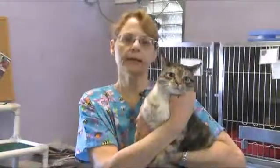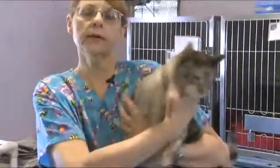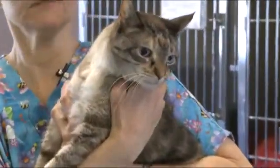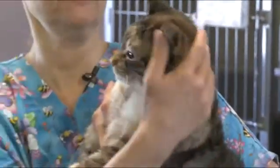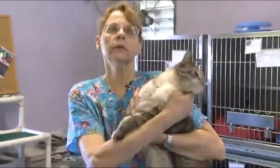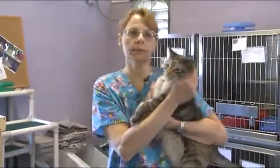Okay, the first kitty I'd like to show you today is named Kiera. All right, this girl is very unique looking. She's a 7-year-old kitty, female. She is part Siamese. She's got very definitely the blue eyes and some of the coloration of a Siamese, although of course she's not purebred. She is already spayed. She came with another cat, which you'll also be seeing shortly,